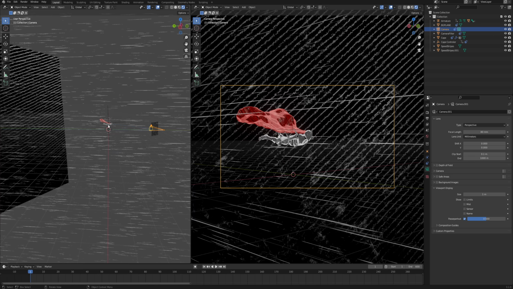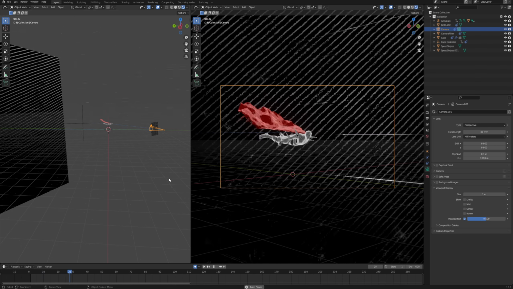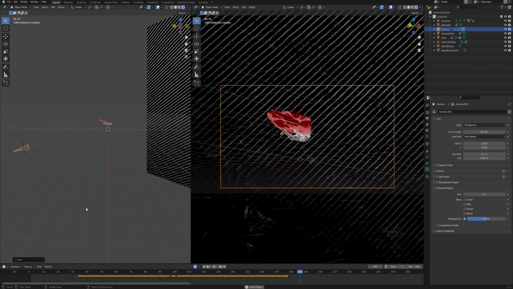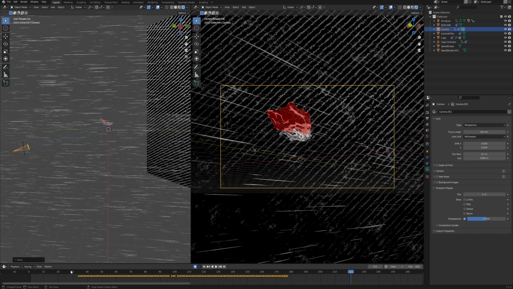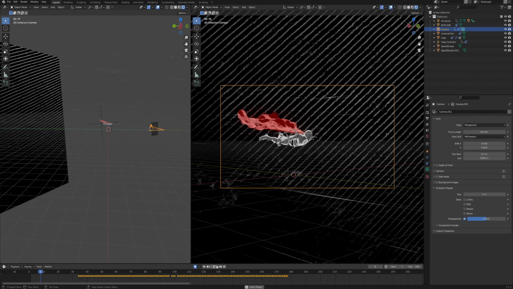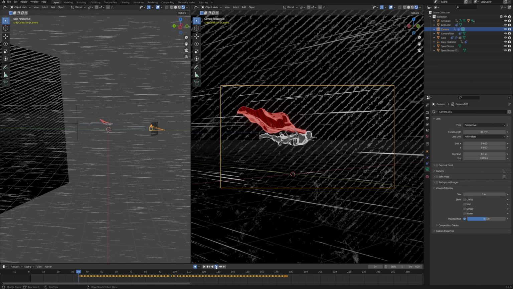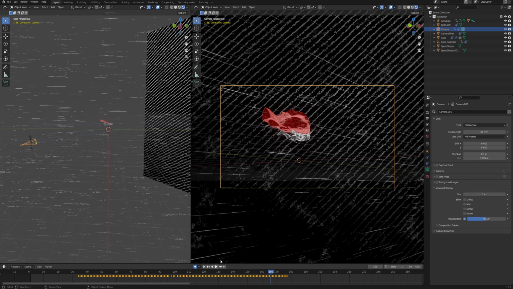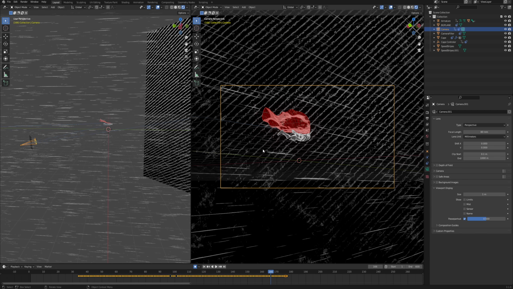So in order to key this animation as it progresses, we simply have to click this icon and enable auto keying. And then when we click play, we just have to move the camera as we want it to move. So something like this, then we click pause and we can see we have all those keys already done for us. But now the problem is, maybe your hand shakes or something. This movement may appear choppy. I mean, it all depends on the movement of your hand that you do with your mouse.